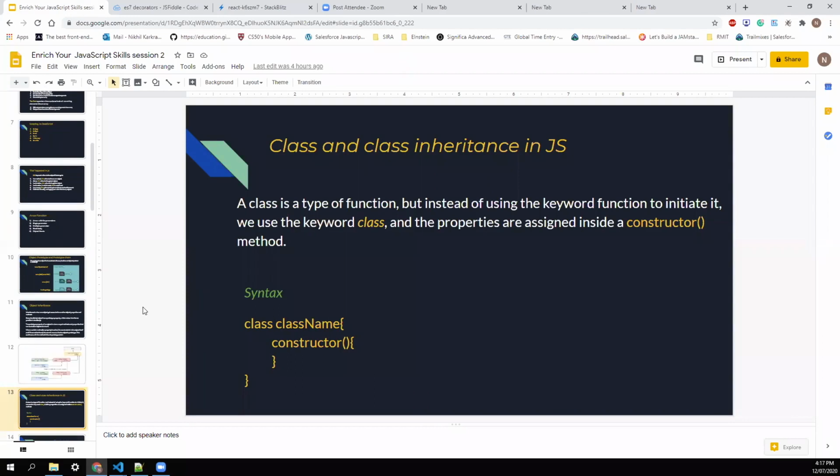But nowadays you don't need to go through all this hassle, because the JavaScript ES6 version introduced the class and class inheritance. They introduced the class keyword, and it is almost similar to a Java or Apex class. And behind the scenes, it's not exactly a class. It's writing the code in the prototype only. It's just a wrapper on top of what we call prototypes, object prototypes. I'll prove that as well. Okay, so a class is a type of function, and this is our last topic.